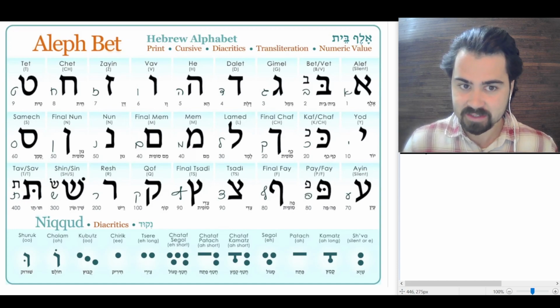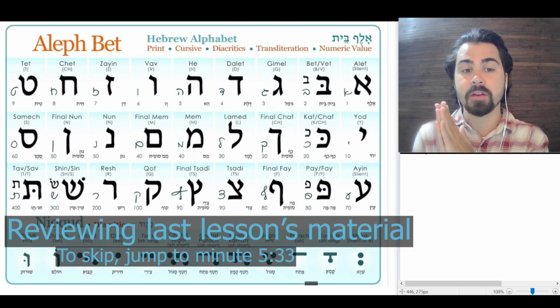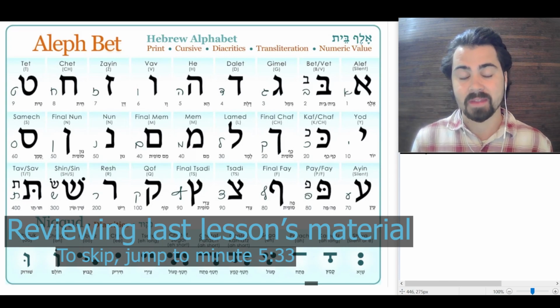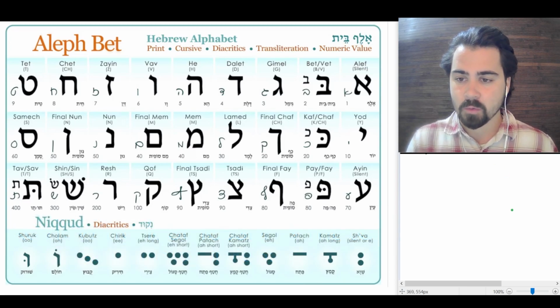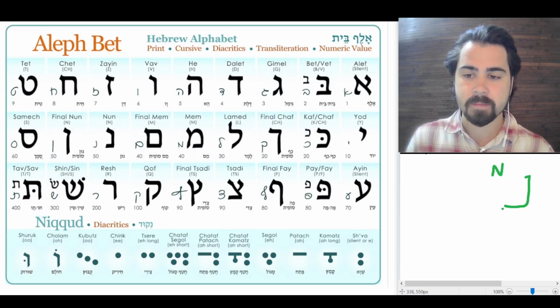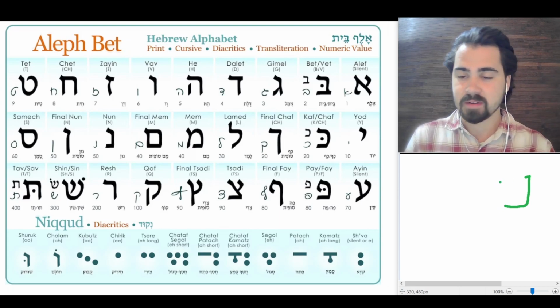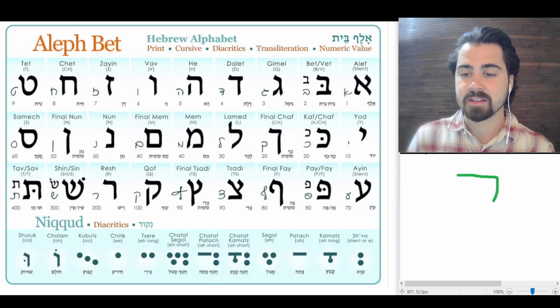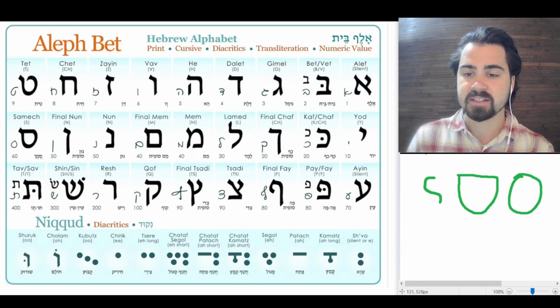On our last lesson, we went all the way from the letter noon up until the letter tzadik and the final tzadik. So let's recap. We had the letter noon, sound n, and its friend, the final noon, nun sofit, okay? After which we had samech, right? Samech. After which we had ein,